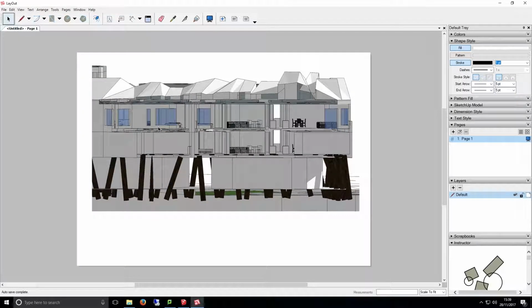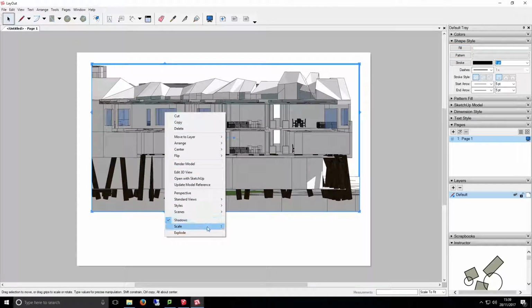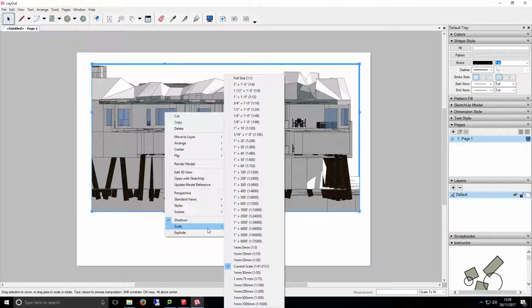To select the scale we want to use in the viewport, right click and hover your mouse over Scale. You should now see, at the bottom of this list, the scale factors for millimeters, as well as any custom scales that you added. You should now have a scaled view of your model ready to be outputted from Layout